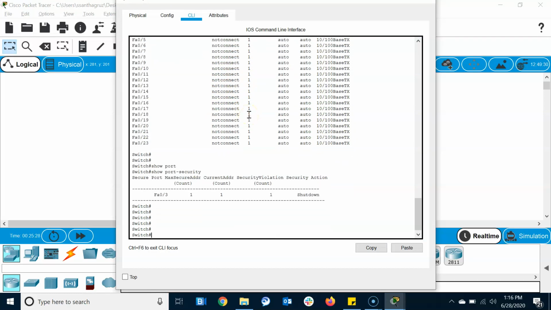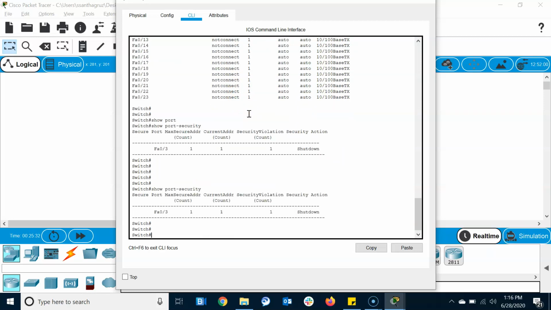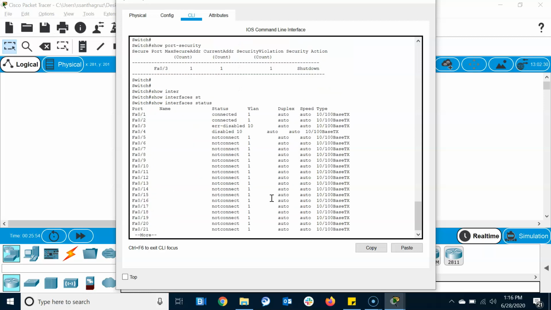So now the default port security mode is this, which is called violation shutdown, as I discussed in the previous slide. The violation shutdown is nothing but whenever a violation occurs, the violation is nothing but an unauthorized MAC attempt to transmit on the port. So the port will be shut down in an error disable mode. So that is the status you are seeing here. Interface status, so we are going to see the error disable mode because I configured the wrong MAC.